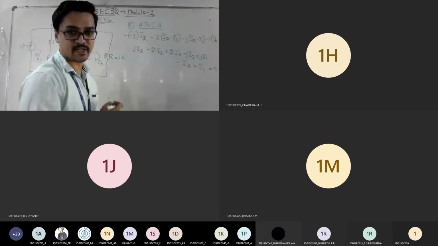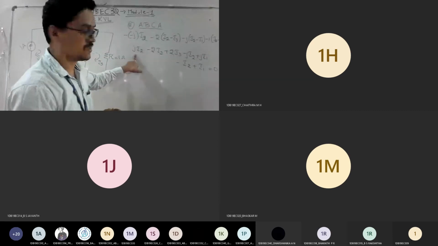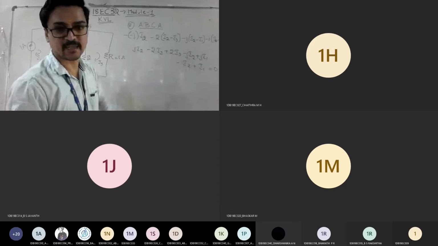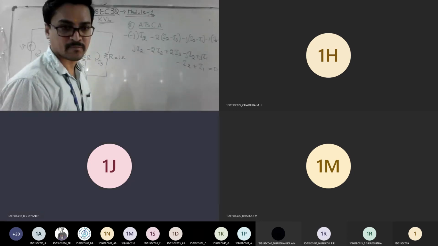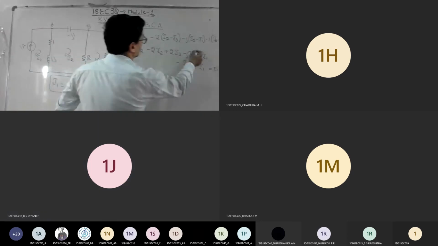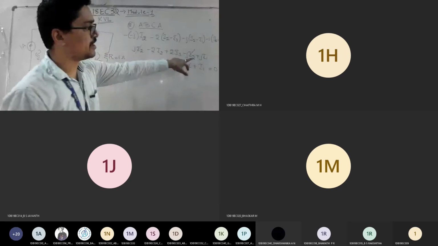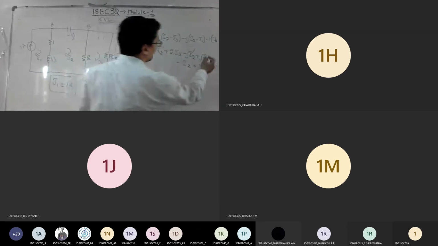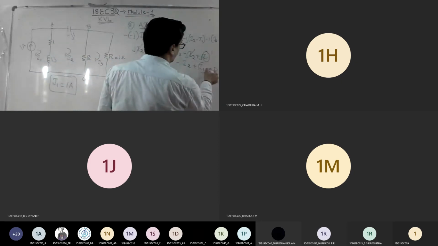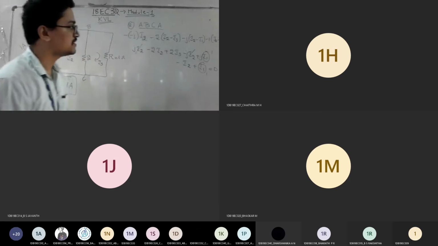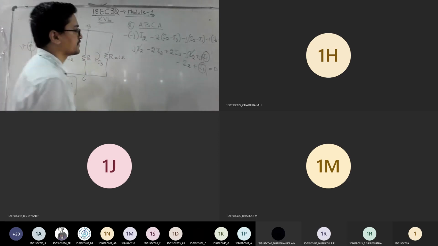So can I cancel plus I2 and minus I2? Plus j I2 and minus j I2 cancel. Yes, sir. Cancel out. So this is gone. So then we know the value of I1. You can substitute the value of I1 as 1 here and 1 here. Correct? So now what is left out, tell me?